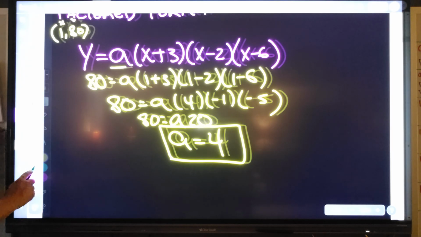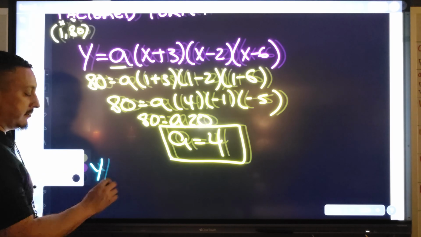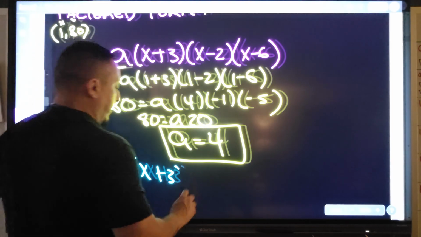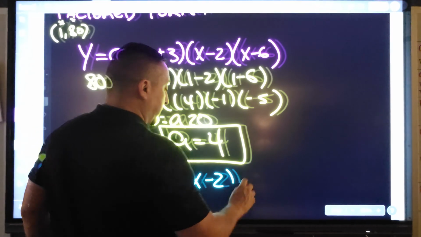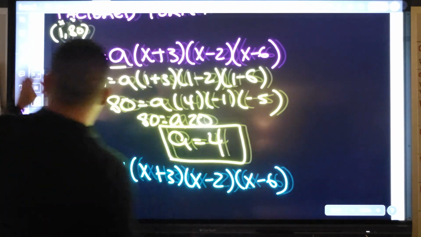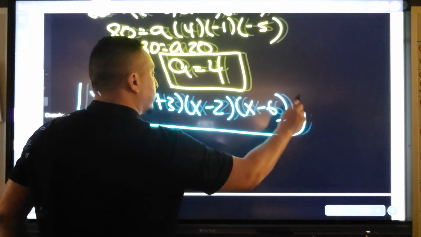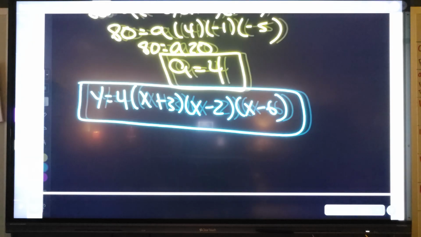So we're going to plug that 4 back in here. Y equals 4(x plus 3)(x minus 2)(x minus 6). That's the equation that fits that graph but passes through that point in factored form. Any questions, guys, so far? No? Okay, let me bring